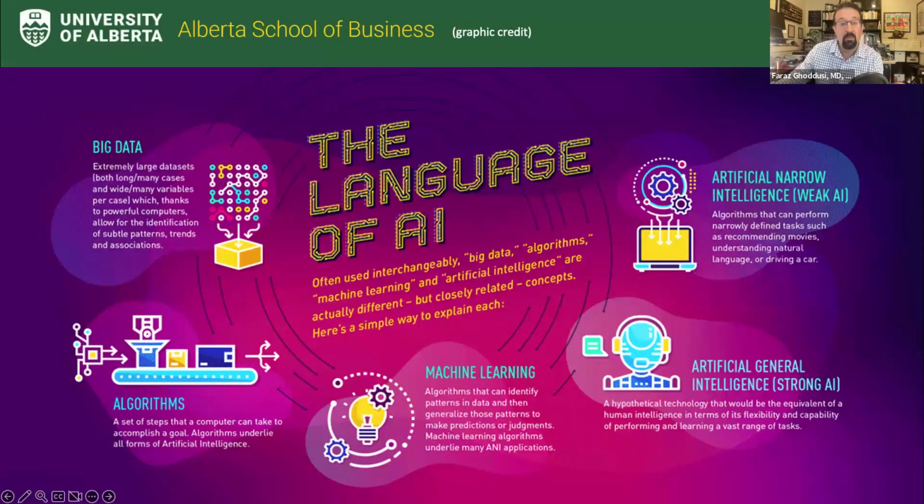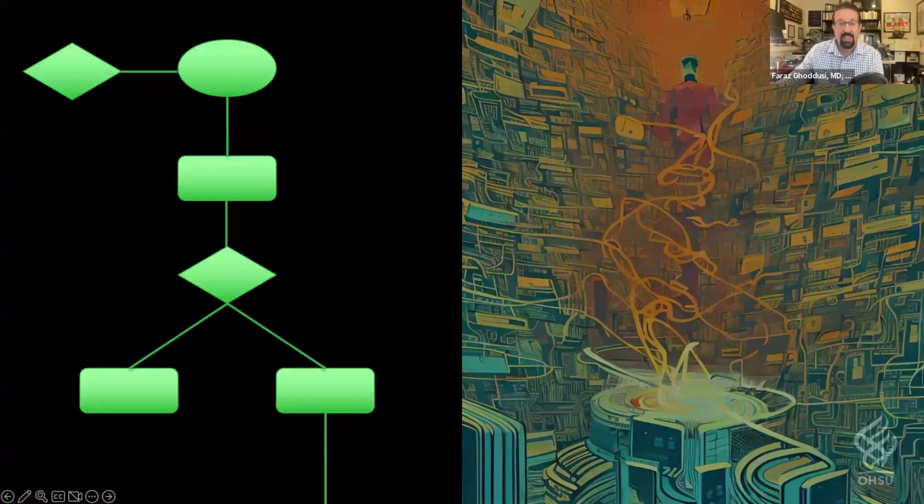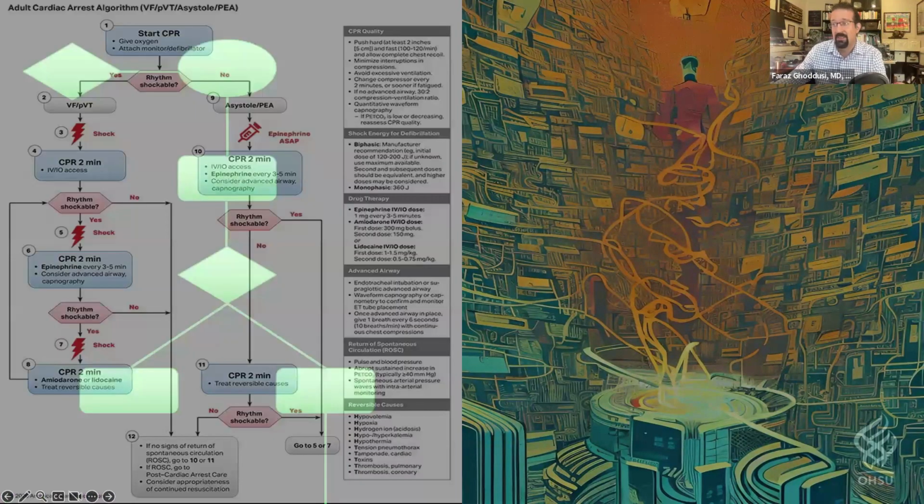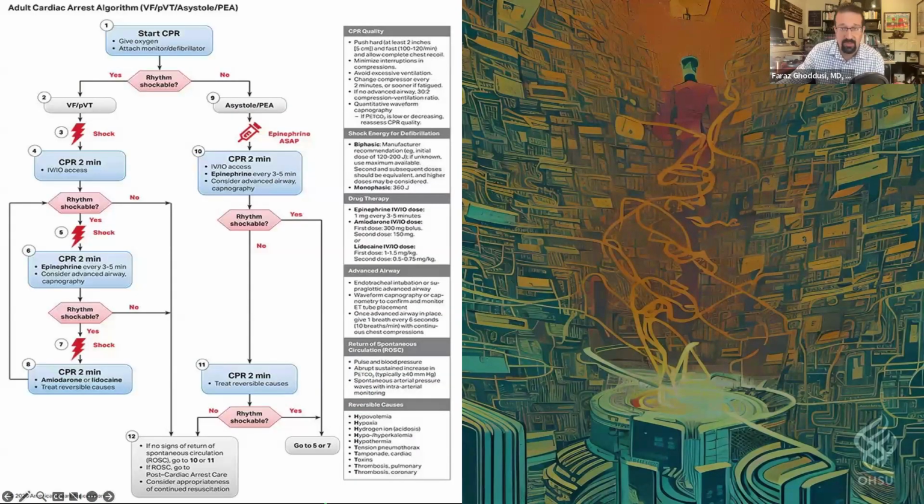When we're talking about algorithms, that ends up being something that we're also very familiar with in the world of medicine. The most common one that we all know about is the ACLS algorithm. But when computer algorithms first started, really it ended up being things like MYCIN, one of the first software systems, and that was a rule-based clinical decision support for antibiotics that really went through the same thing. So an algorithm is you reach a decision point, you decide one versus another, and based on that, you continue to go through decision points until you reach a resolution of the question that you're being asked.